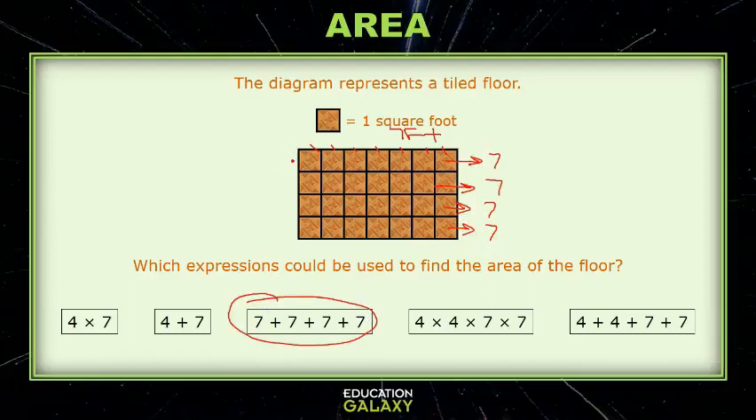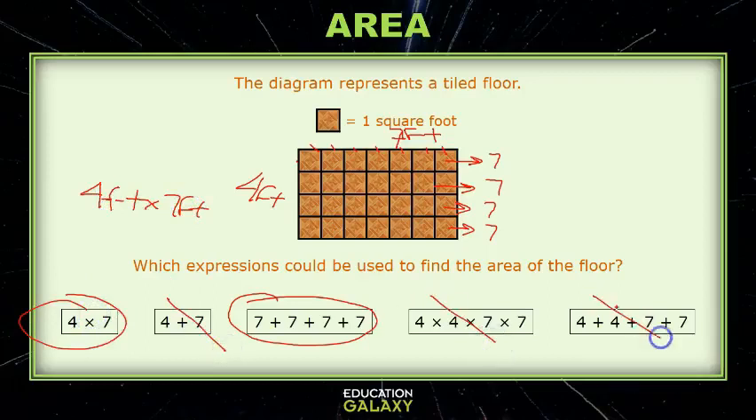The other option was to use multiplication. I have 7 squares across the top and 4 along the side, so then I can do 4 feet times 7 feet. And this one is also an option. I don't know what these other ones are, but they don't work. Let's try one